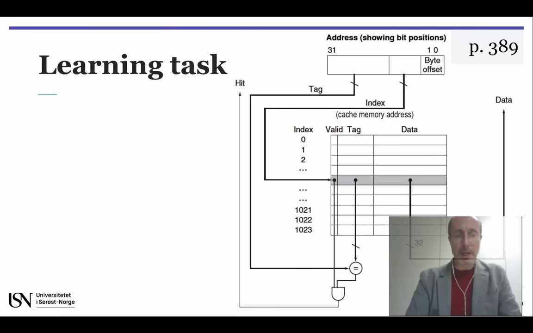Well, to sum it up, may I suggest you to explain in your own words the operation of the direct mapped cache illustrated in this slide. How many main memory positions correspond to any single position in the cache in this case? And how many bits will be used to define the cache memory address? And how many bits will be used in the tag? Notice that you can find the answers to these questions in page